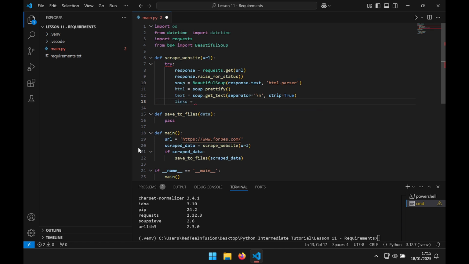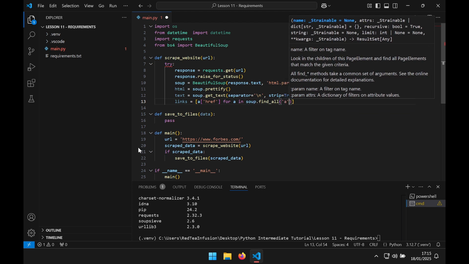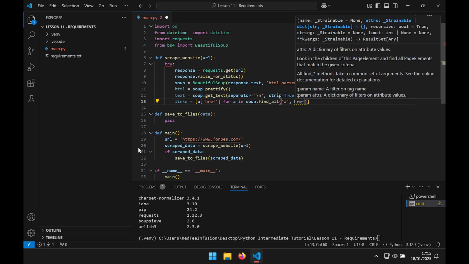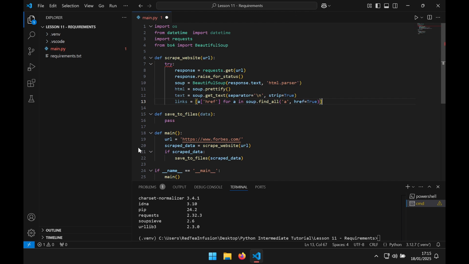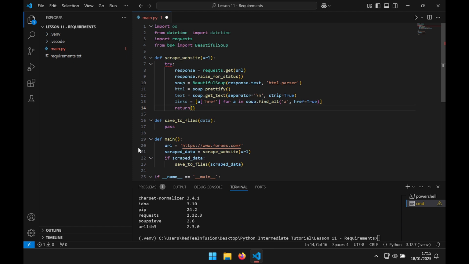new line, links equals square brackets a["href"] for a in soup.find_all("a", href=True), new line, return curly brackets "html": html, "text": text, "links": links, new line,